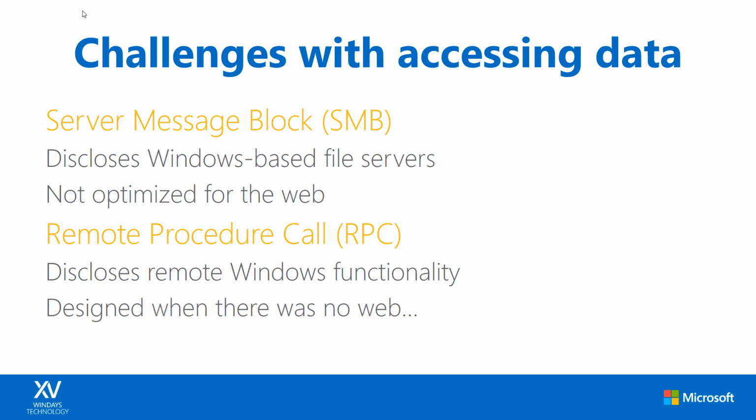The other thing is remote procedure call. Remote procedure call is very old. It was conceived before the web was born. And RPC is something that Unix guys created. Microsoft thought it was a good idea, so let's use it. They're now trying to get rid of it, just like Unix guys did. But it does remote Windows functionality and stuff like that. PowerShell is now turning the table on that, so we don't use it. But RPC access is pretty much a problem with